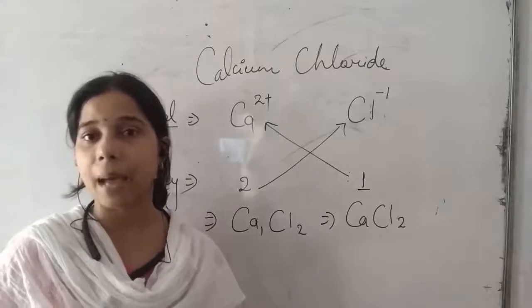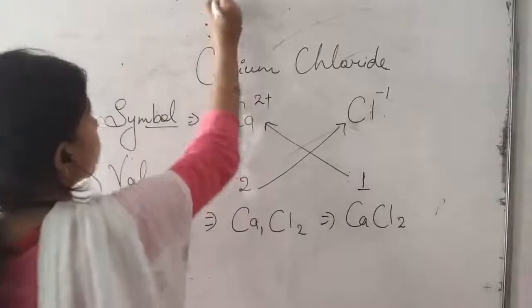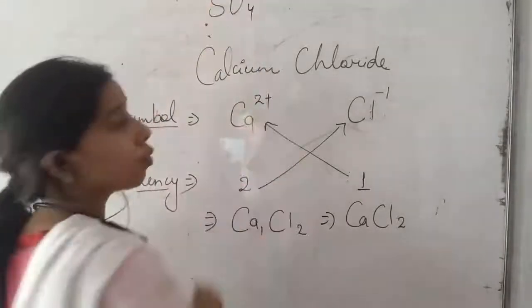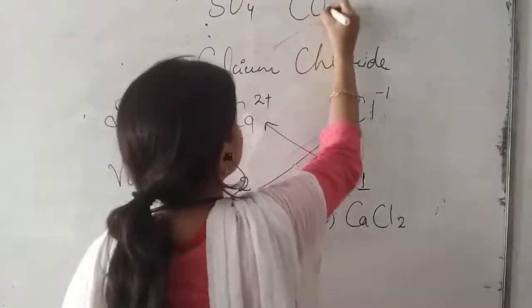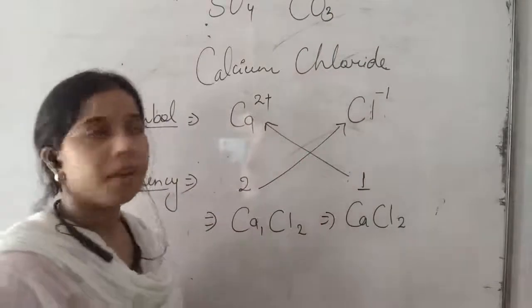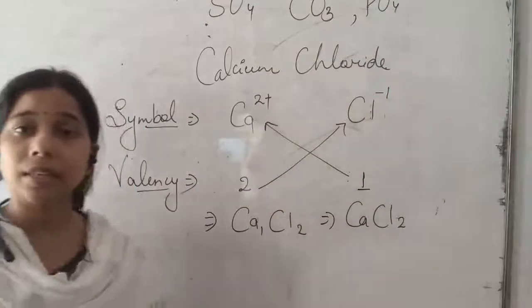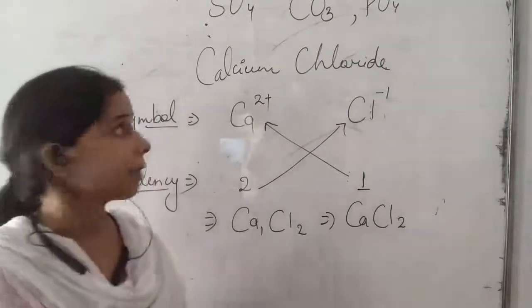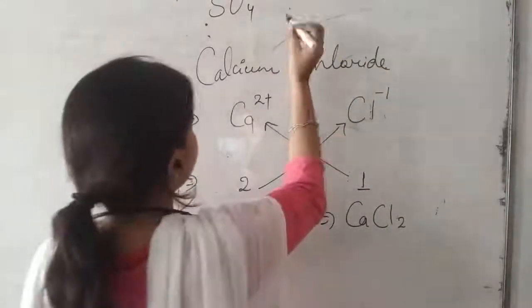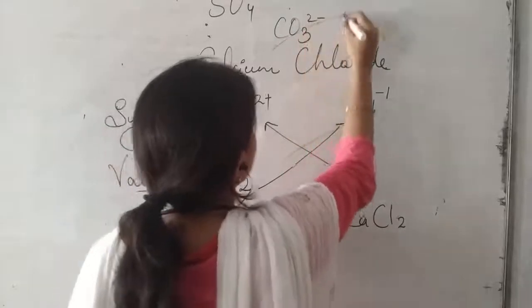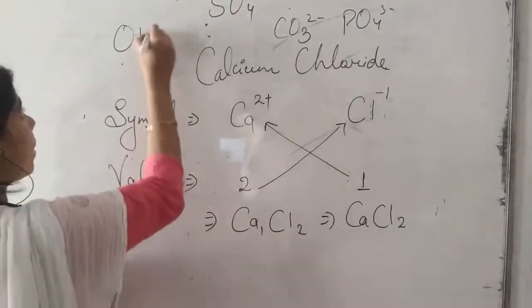Now if we take the example of polyatomic ions, students, polyatomic ions like SO4. So SO4 is 2 minus, the sulfate ion. Okay, or carbonate. So carbonate is CO3 2 minus, or phosphate, that is PO4 3 minus. So these are the polyatomic ions. Let me show you once more. That is carbonate here. So carbonate is CO3 2 minus and PO4 3 minus. Okay, or hydroxide is there, so OH minus.